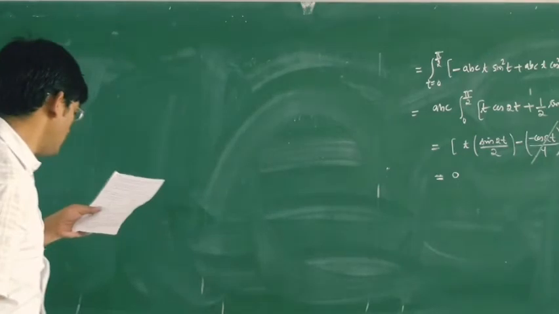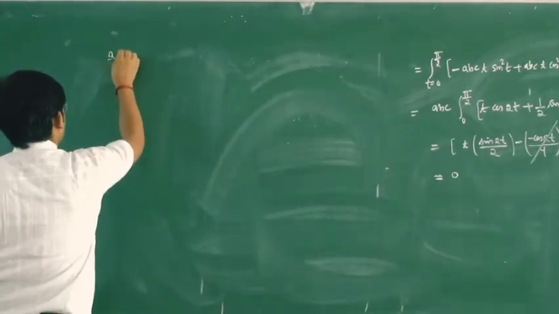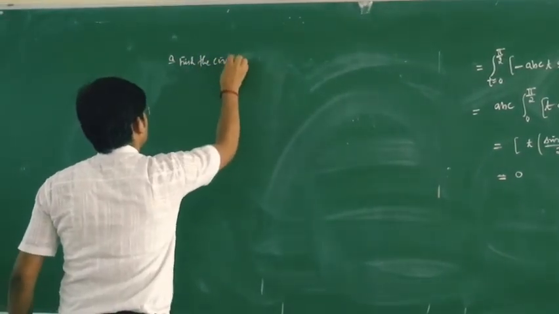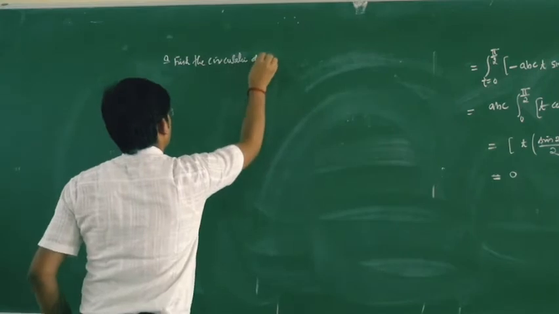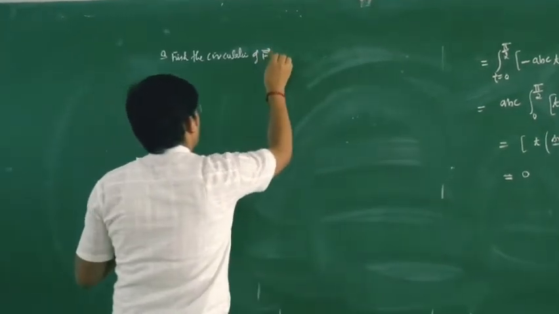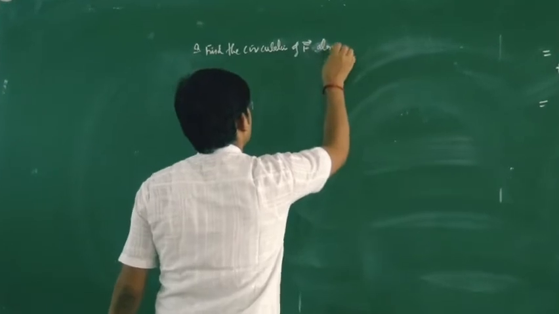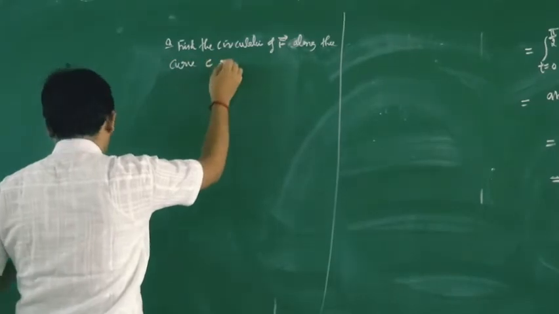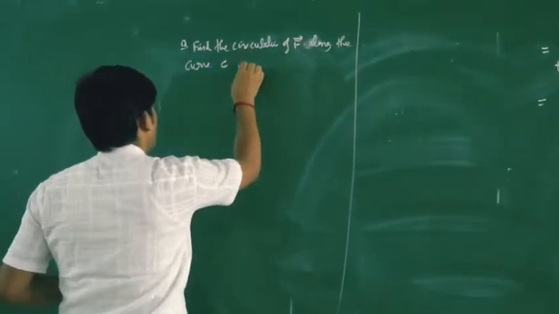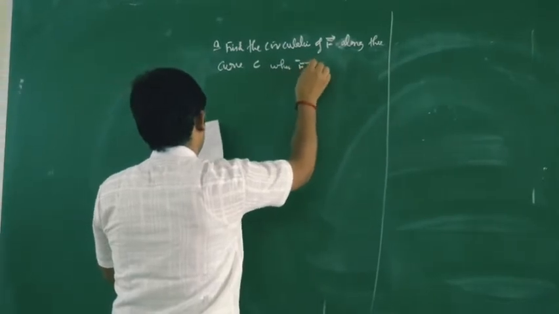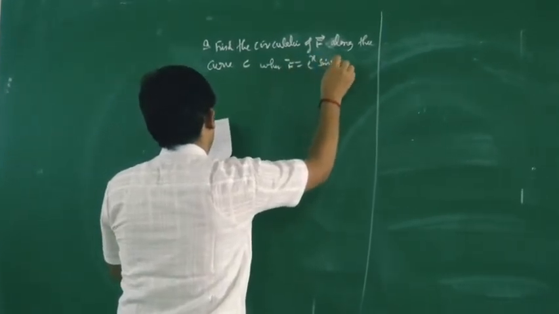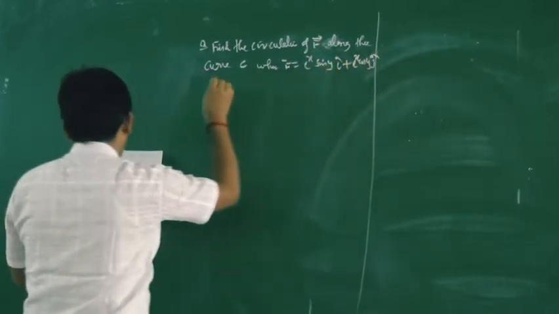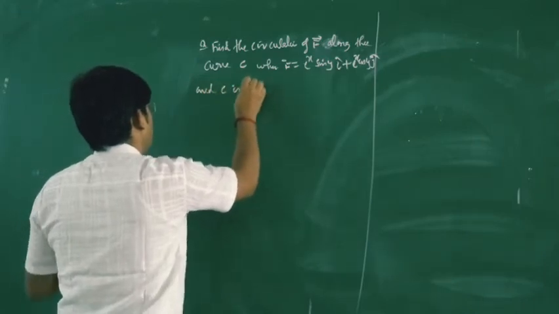Our next question is: find the circulation of F along the curve C, where F is e^x sin y i plus e^x cos y j